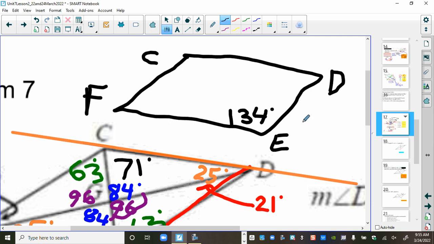Now, what do we remember about parallelograms? What do we remember about opposite angles? They are the same. So if angle E is 134, or FED is 134, what about angle C? What must that sum be? And the reason why I want you all to do this,